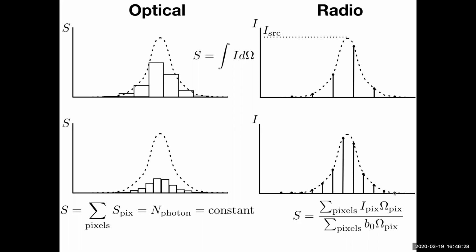And so we have this fundamental difference in terms of how you treat these quantities. In optical images, you can just aperture integrate, so just add up values to get the total flux. And with the radio, we have to think a little bit more about the beam shape and how many pixels